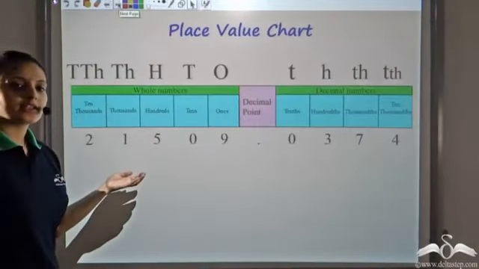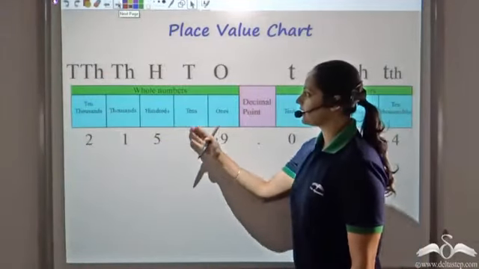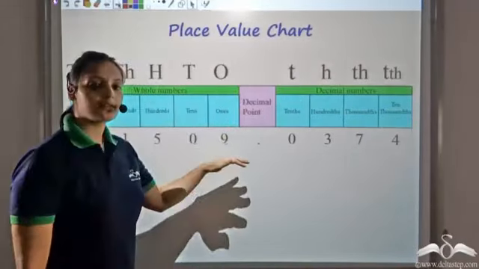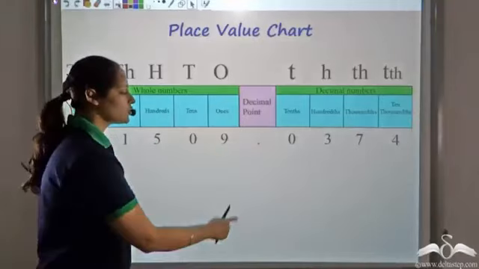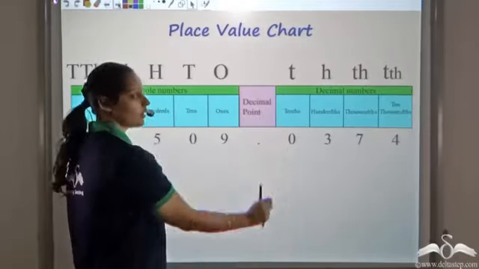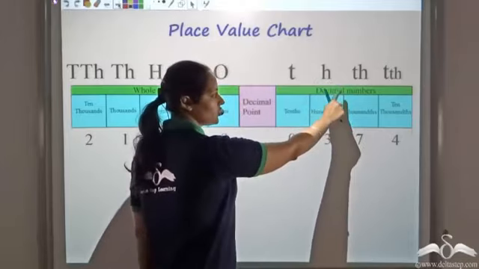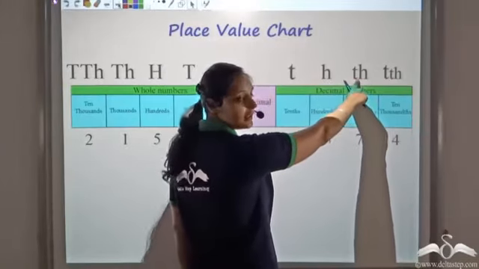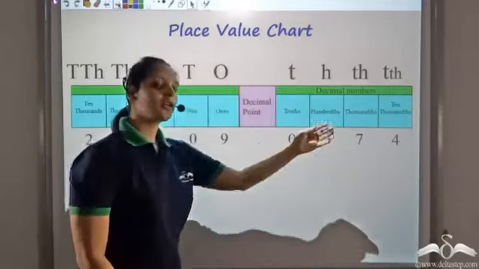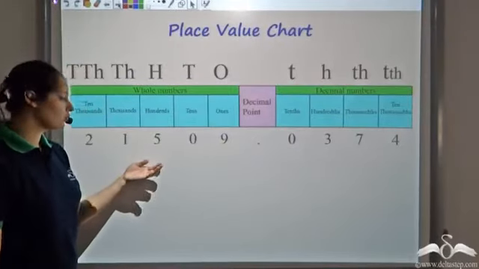So now let's look at the place value chart. So far we've seen from here ones, tens, hundreds, thousands, 10 thousands. Now we can continue in a similar way even after the decimal point. So after the decimal point I get tenths, which is 1 by 10. Column multiplier is 1 by 10 here. Hundredths, which is represented by small h. Thousandths, which is represented by th, small. And ten-thousandths, TTH. Further, you can keep on adding numbers on both the sides. So this is how our place value system holds.